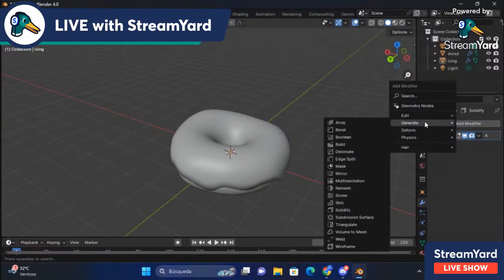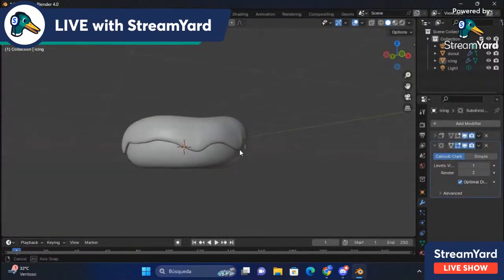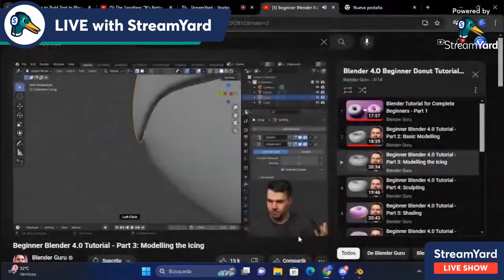Now, the order of these does matter. You want your solidify at the top and the subdivision after it. So Blender works top to bottom, and it's important it's in this way because you want the